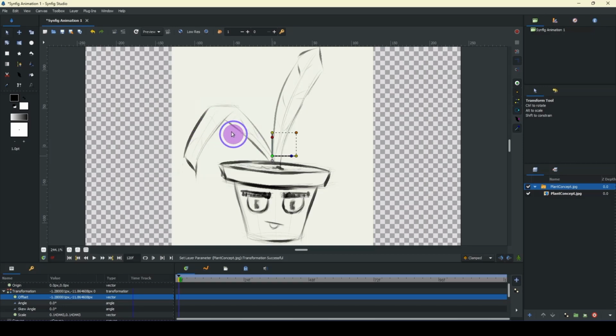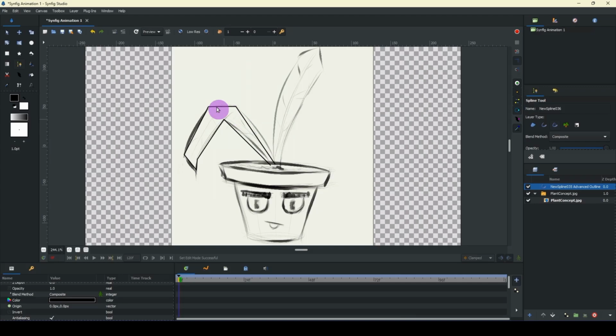So for this, I'm going to be using the spline tool. So I'm going to click on the spline tool here, and over in my layer type, I'm going to make sure that I have the advanced outline layer selected, and it's the only one. So make sure that you turn off every other layer type. So I'm going to begin here, left click on the edges to trace the outer part of the leaf here. I'm going to stop here and I'm going to press enter on my keyboard, and my line is created,